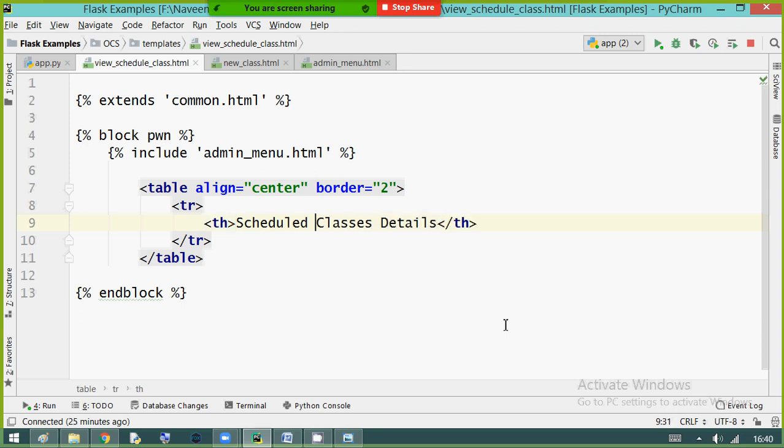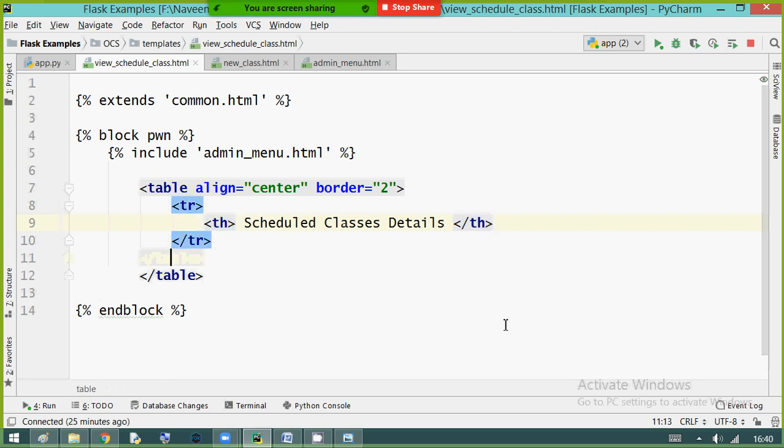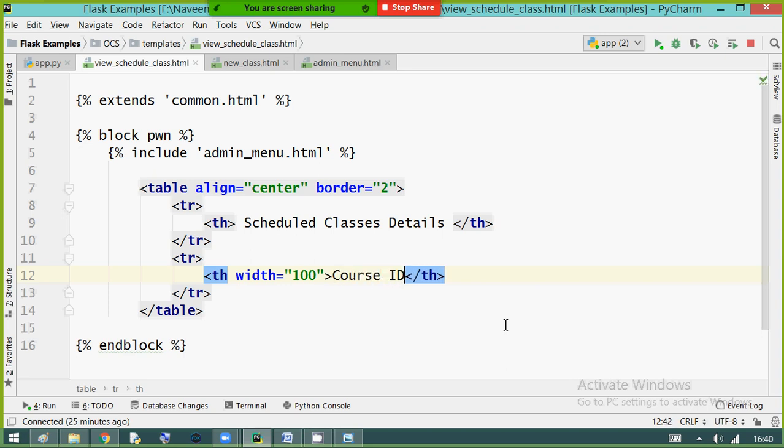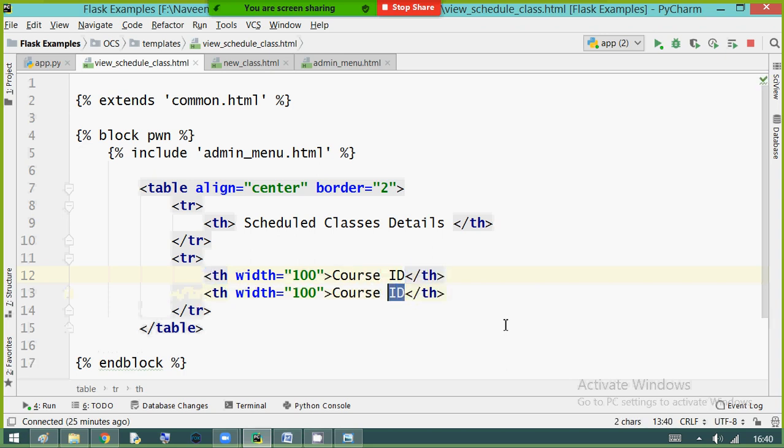Okay, now later I will change this scheduled classes details. Right, next observe, next row. Width equals to I am taking 100, like course ID. Next one, faculty name.